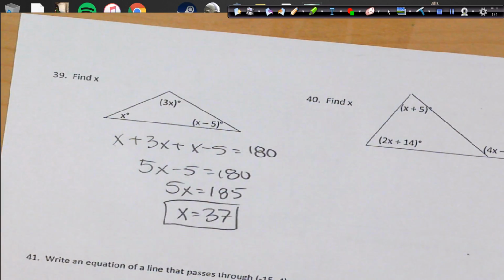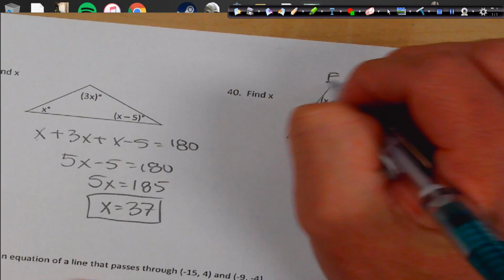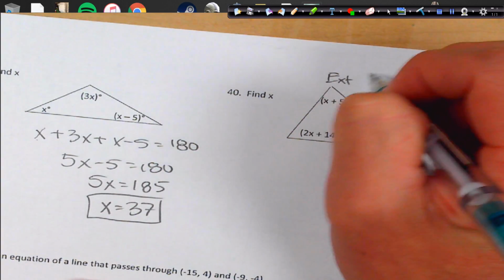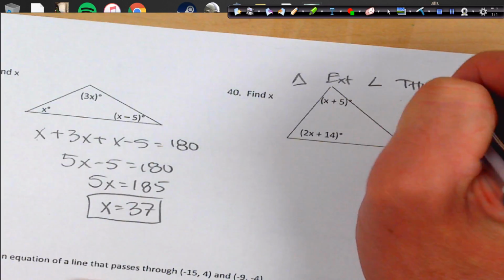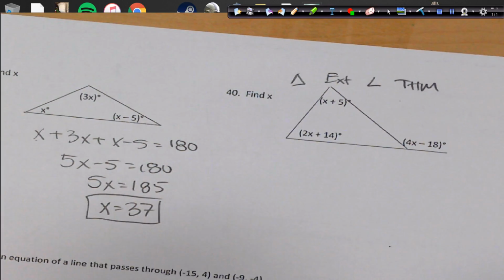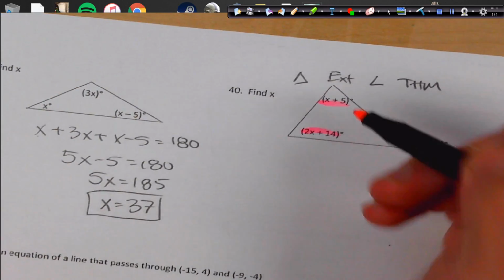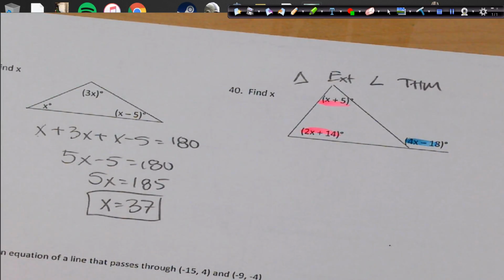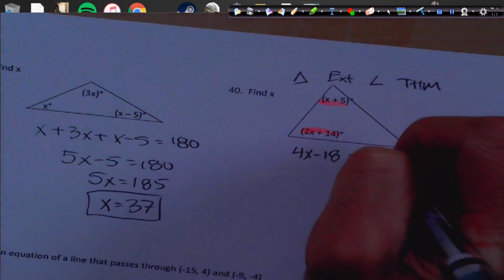And we're good. Over here, this is the exterior angles theorem. Or sorry, the triangle exterior angle theorem. And we're going to go ahead and set this guy equal to the sum of those guys. Those are the two remote interior. So we get 4x minus 18 equal to x plus 5